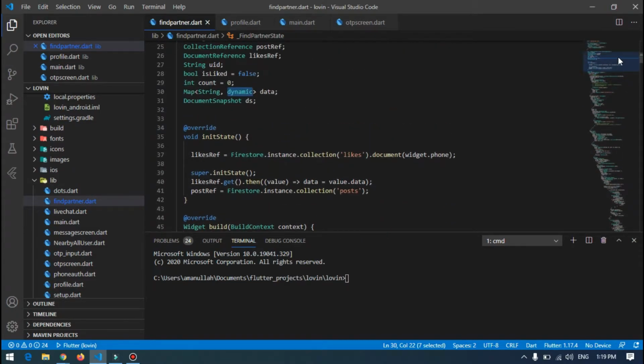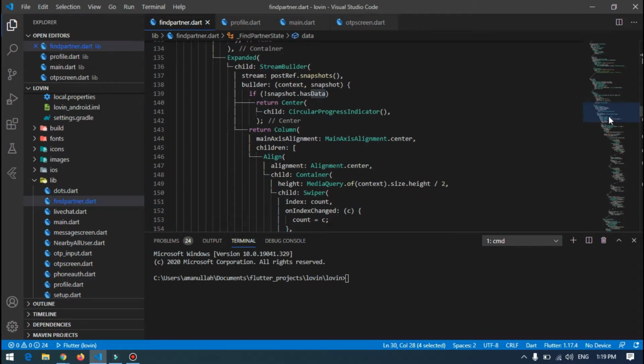I store it inside the map only because I want to change the icon whether it is liked or not liked. This map is only used for that purpose, because I'll have all the posts which are liked by this user inside this map, and then I will compare if the current post is available inside this. It means that the user has liked this post. So then I will change the icon shape as red,